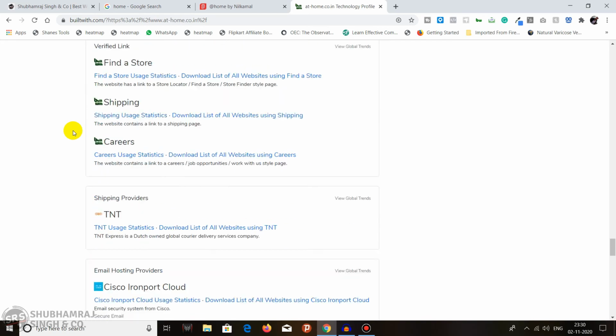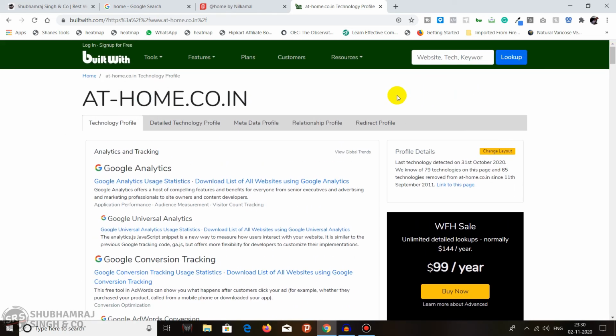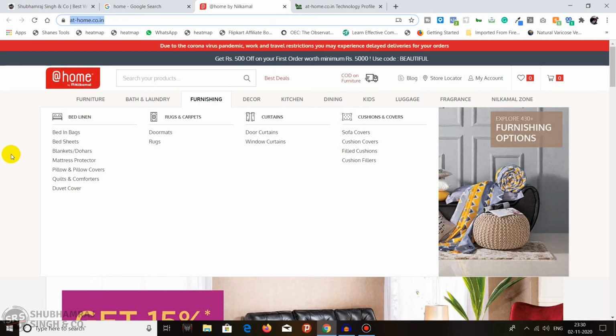Yeah, that's how you get to know what different technologies a website is using, and you can keep track of them if you want to do a competition analysis. For example, here it is a furniture e-commerce website.